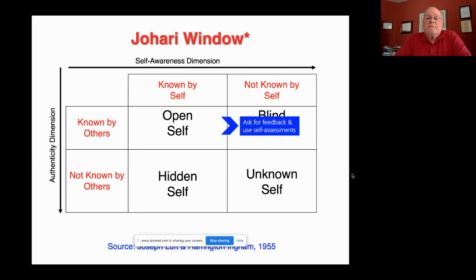So the use of self-assessments, which is going to be the second half of this presentation, I'm going to talk about how you can use self-assessments to get at more specific, granular information.